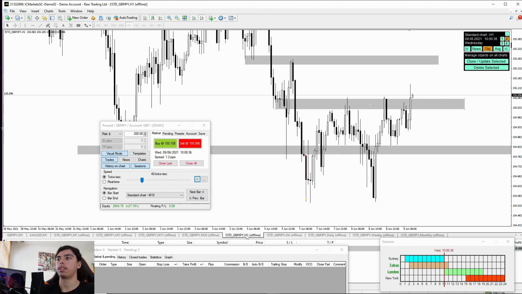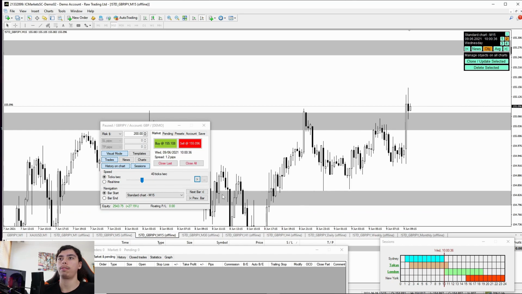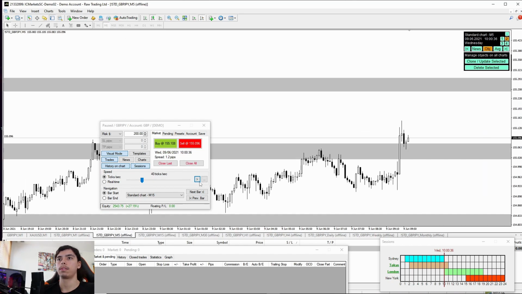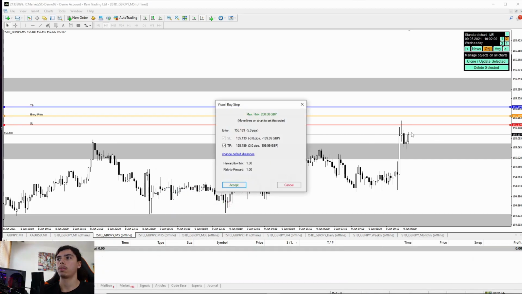What time is it? 1 hour closed above, no bottom wick. 30 closed above, 15 closed above, 5. So I'd like to make a bottom wick. There's the bottom wick. So breaking above this candle high, we can put a pending order. We can put a buy stop above